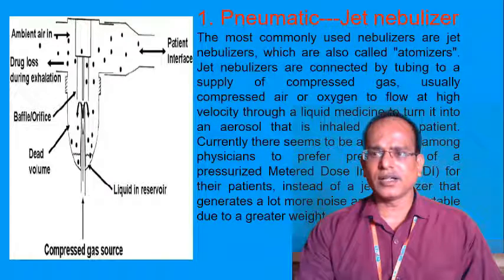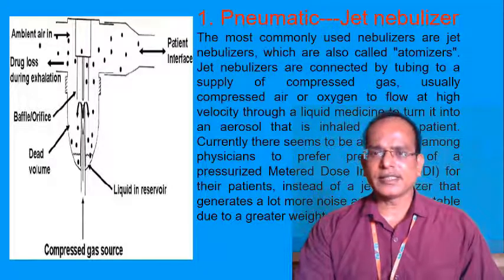also called an atomizer jet nebulizer. Here the jet nebulizer is connected by tubing to a supply of compressed gas, usually compressed air or oxygen, to flow at a high velocity through a liquid medicine to turn it into an aerosol that is